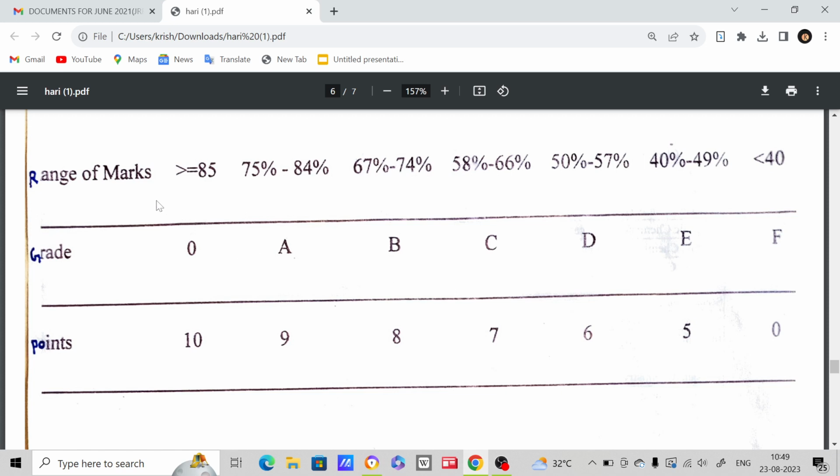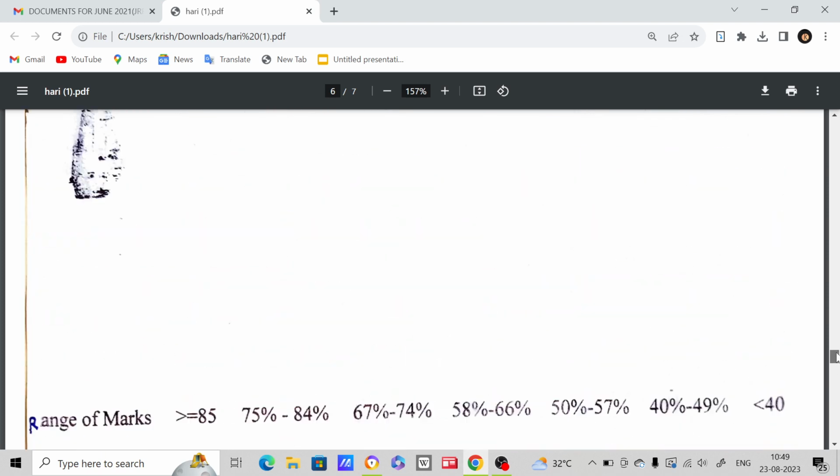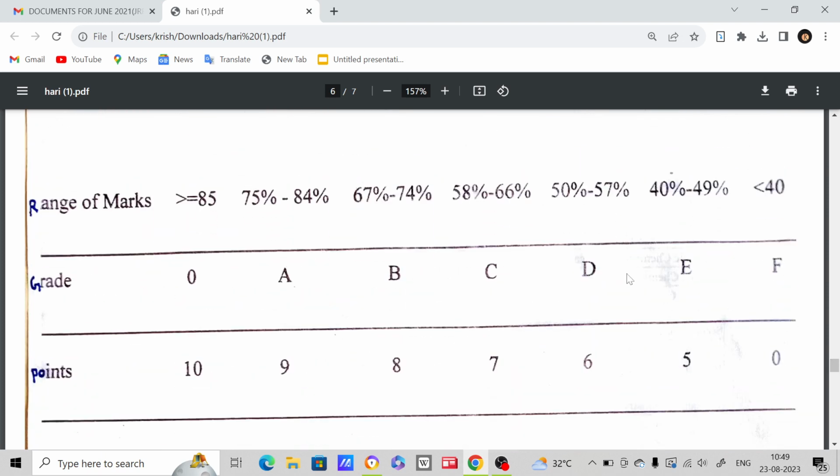So if you have this type of chart on the back side of your mark sheet of your particular MSc, then you can send this one, right? Other than this, you don't need to send anything extra, right? This chart is more than enough